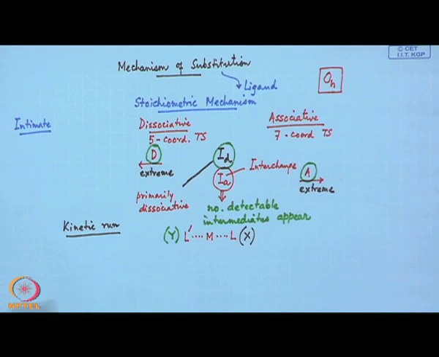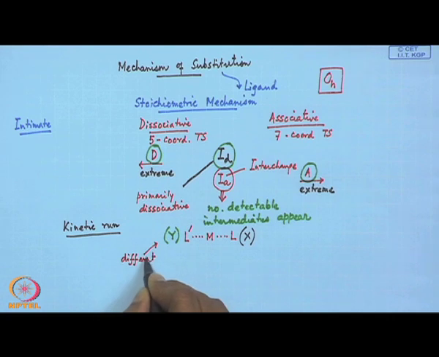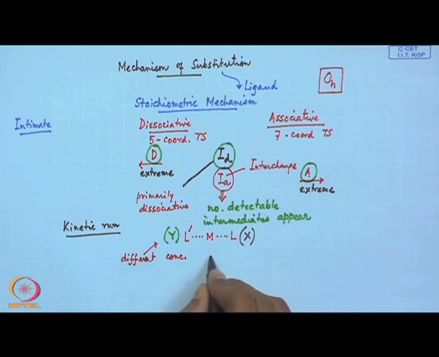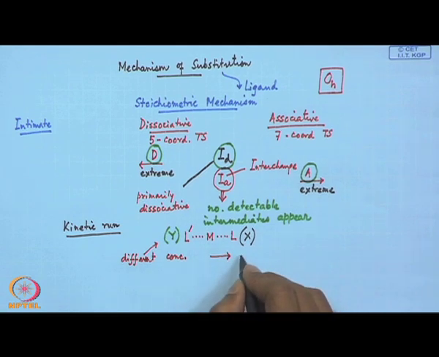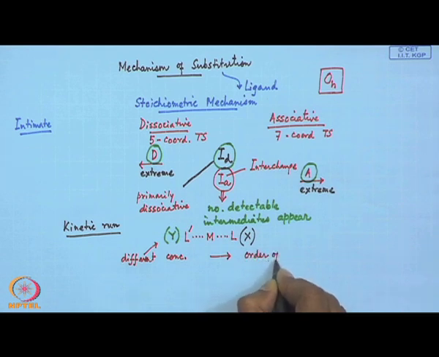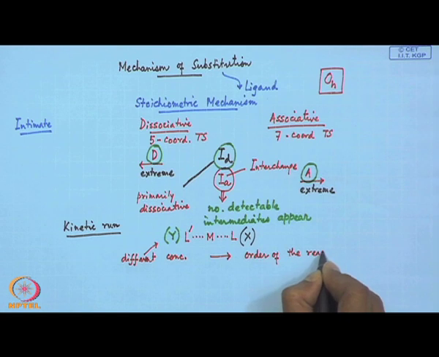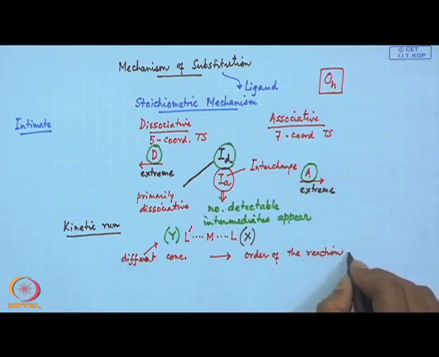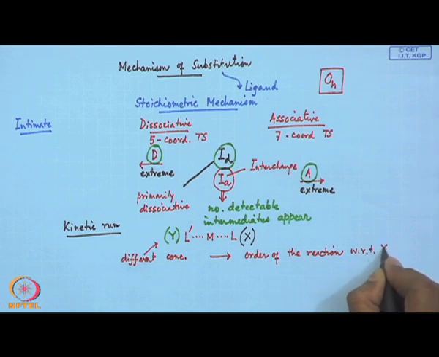So, initially when we consider the rate of the reaction, how it is affected when we use different concentrations of Y, then what do we get? We get the corresponding order of the reaction with respect to Y. So, if we are able to find out the corresponding order of the reaction from the kinetic data, we